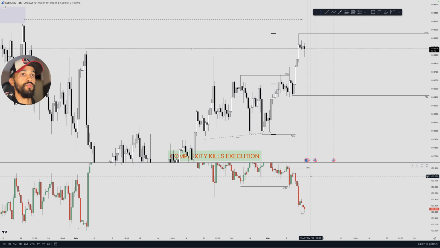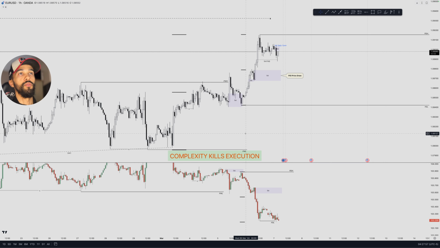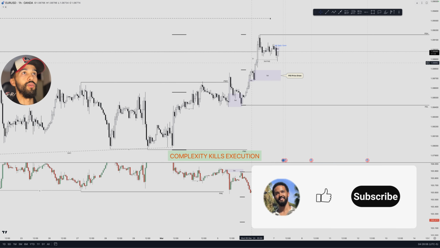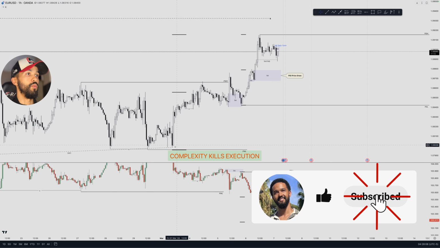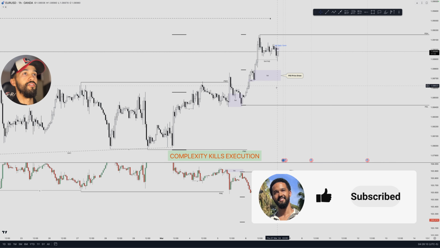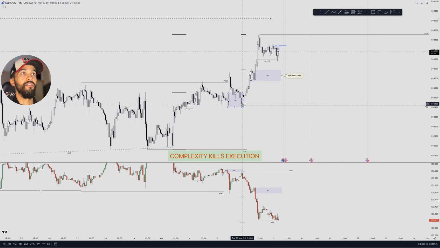So now let's move on down to the 1 hour. So now onto the hourly. You can see I've marked out this hourly leg here. Remember, this is what I see as the 4 hour leg. But internally we still have a separate 1 hour bullish leg here. So from this low to this high, we have this 1 hour order block